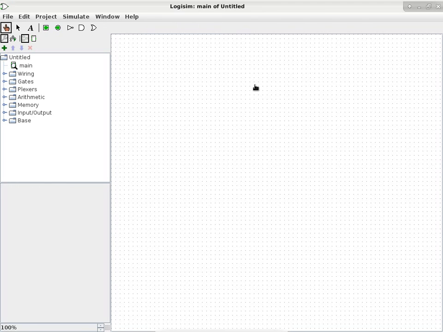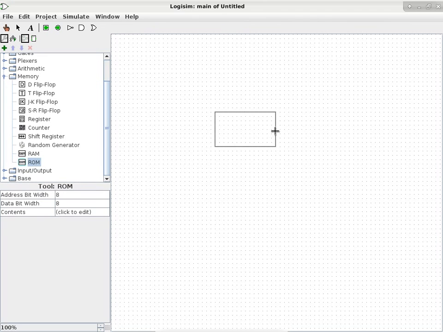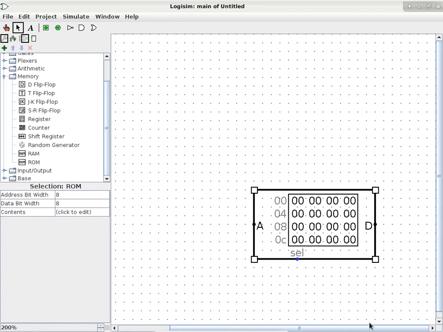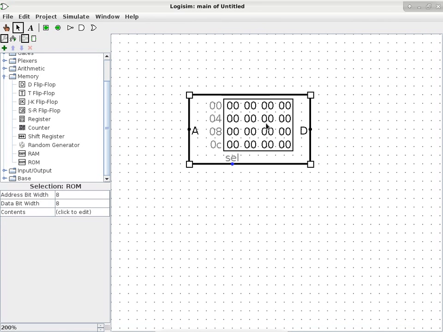Okay, is that okay so far? Because this is one of the centerpieces of modern-day architecture. It is not RAM because we cannot write to this type of memory, but it still illustrates a lot of key ideas of how to make use of memory. So we'll start with this one. I'll pick out a ROM and put it here, and we'll magnify this a little bit so that it's easier to see the entire thing. There we go. And center. Oh, it doesn't like to be centered. Okay, there we go. So this is a ROM chip.